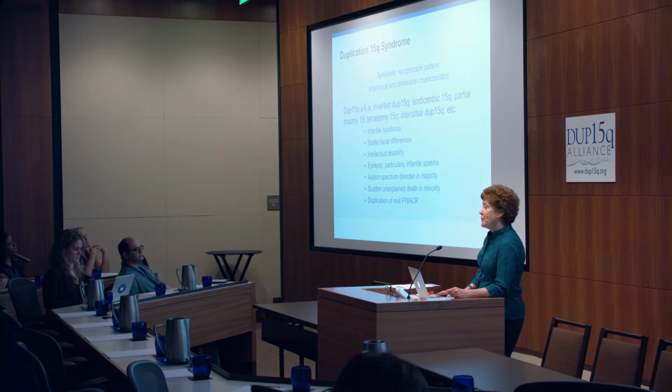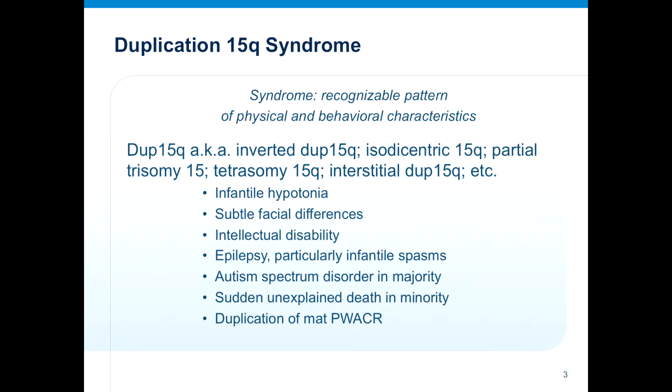So we are very pleased in recent years to be able to say unabashedly duplication 15q syndrome. In the early days, because some of the clinical features of the condition were subtle, at least the physical features, we really debated whether it was specific enough to call a syndrome. And in the last several years we've been able to do this, and just late last year we were able to publish our gene review on dup15q syndrome, put our actual syndromic stamp on this.